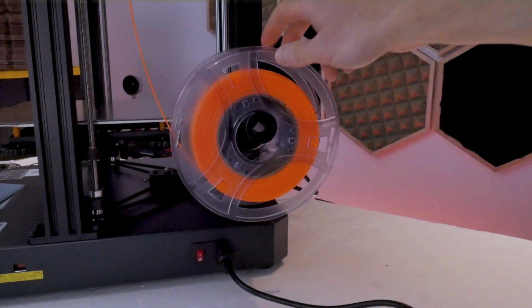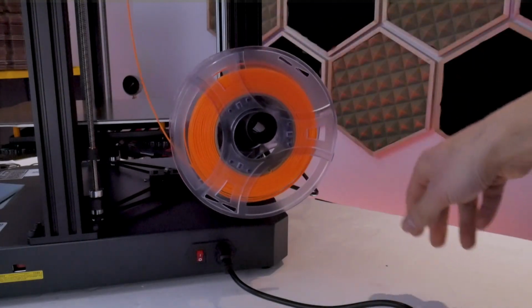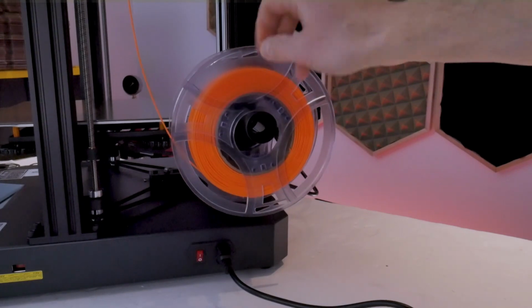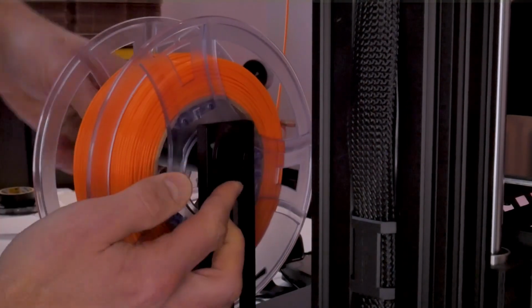Hey guys, so no fancy intro today, we're just going to jump right into it and take a look at the generic spool holder that comes with Creality printers. And as you can see, it's got a really nice fit and the spools roll really smooth. Absolute perfection. All kidding aside, I figured we could improve this situation a little bit, and the first thing that